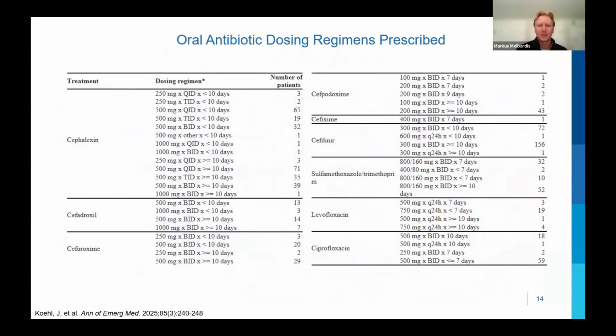They were able to provide some supplemental data as well here, and this is a table going over the different dosing regimens used from this study. And you can see here there is a vast amount of different dosing strategies used in this study. Something to note here: it's great to help identify these certain antibiotics, but it's not necessarily providing any insight on